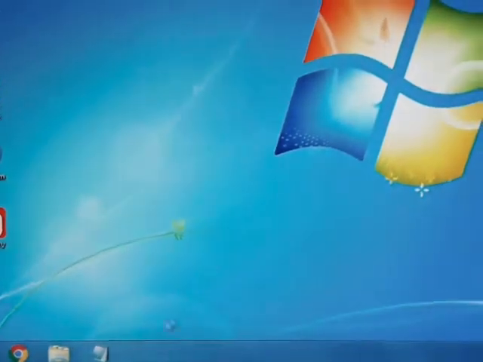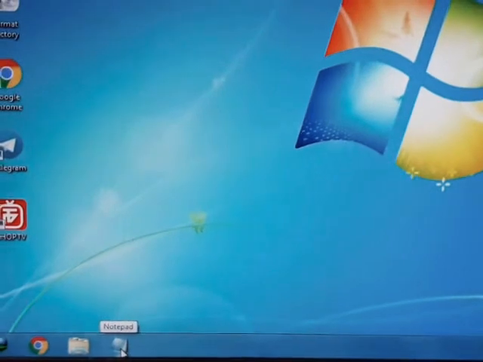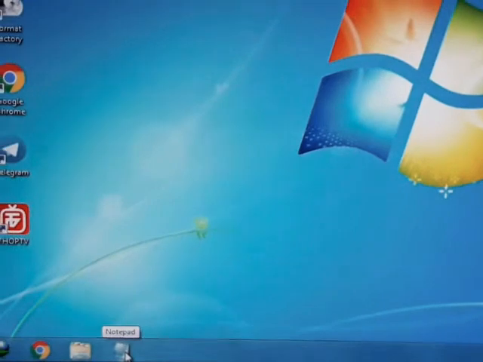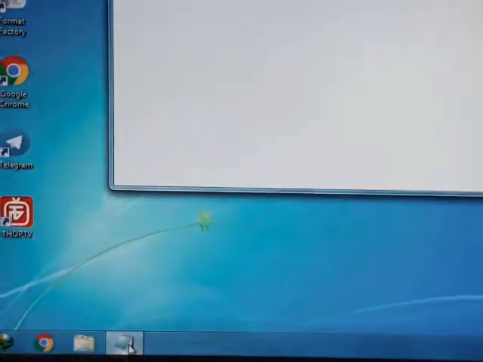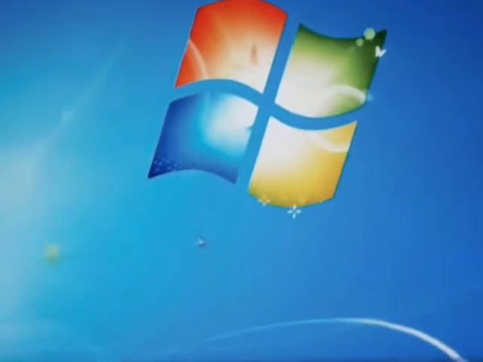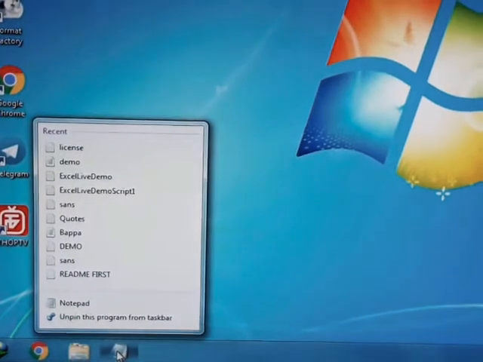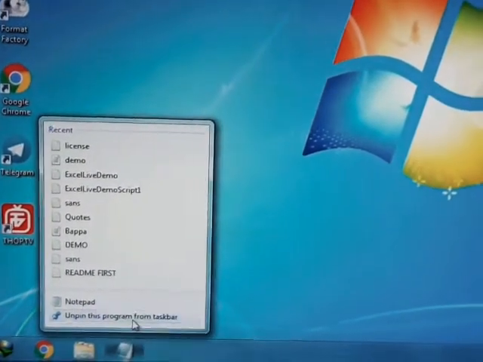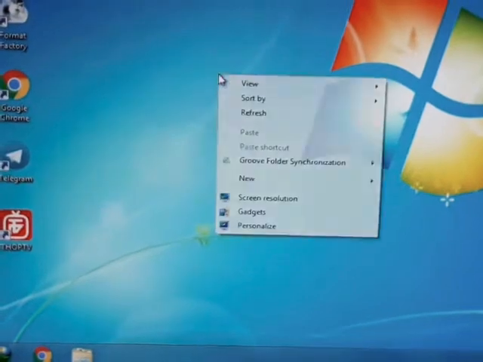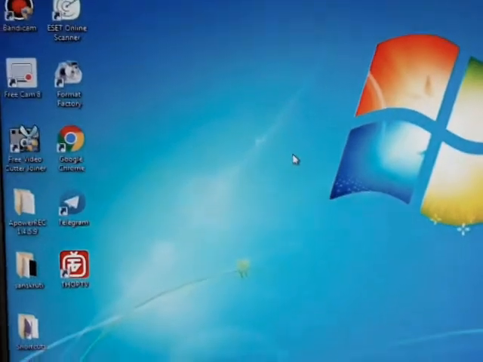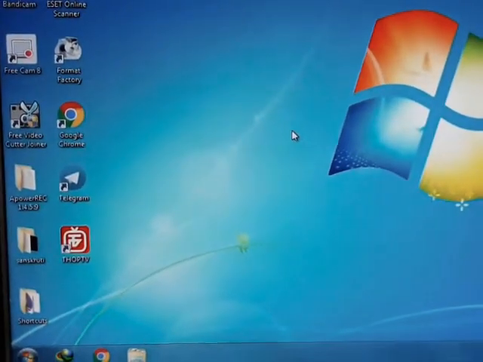What is the use? I told you the use is, if you are using a program frequently, then you can access it quickly. So I use notepad also. Just click on it, and it will launch the notepad program. You can see this is the notepad program. This is called pinning. And how to unpin now? This program is not required anymore, so just right click and click on unpin this program from taskbar. It will be removed. So let us see the next feature of Windows 7, that is the jump lists.